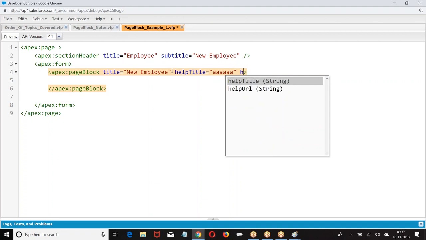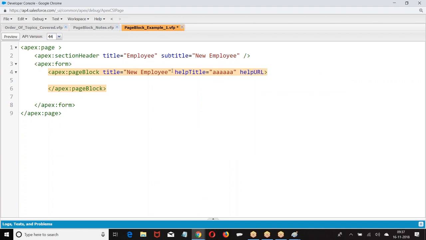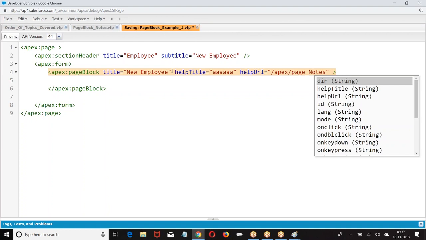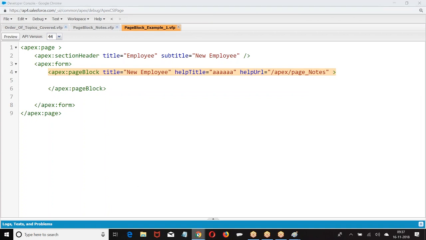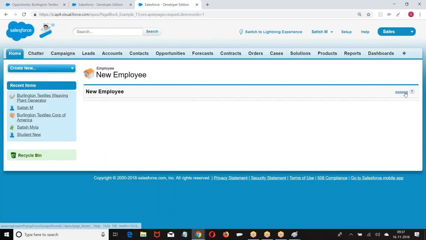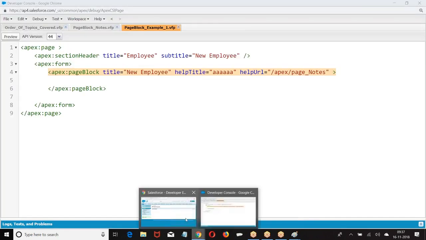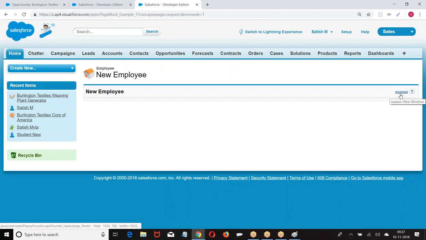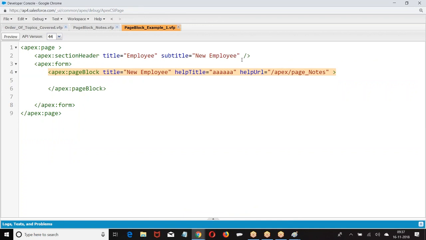When you click on this, what is the message you want to print? Now I give help title equal to AAA. So we have got help title equal to A. Whatever you give as a title is displayed on the right corner in the header. As per our example, I asked you to take need help.